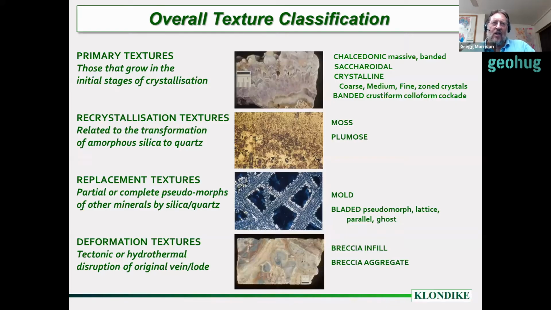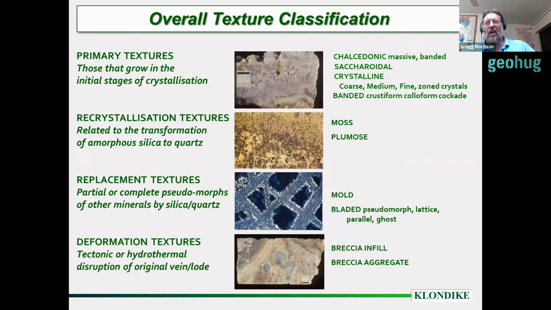There are textures like the famous carbonate replacement textures that have blades in them, where carbonate and other soluble minerals are getting replaced by quartz. And then there are various kinds of deformation textures, and in epithermals, tectonic and hydrothermal breccias are the most common thing. So on the right there are the formal names of the textures that we recognize, but